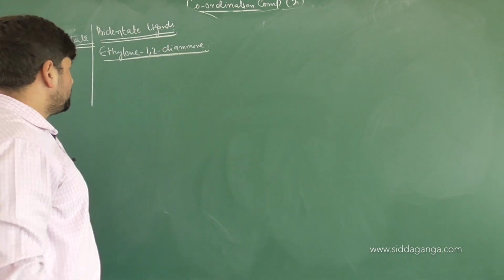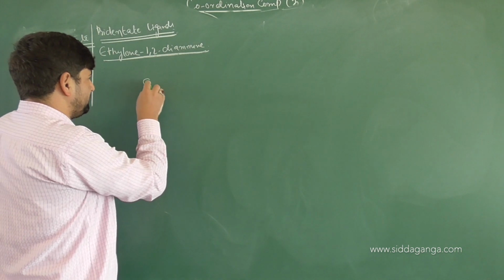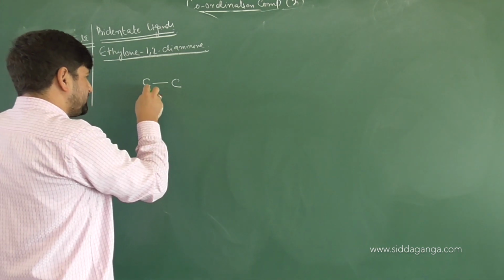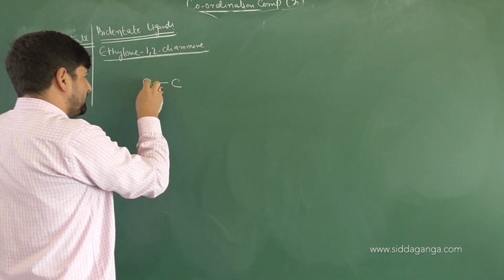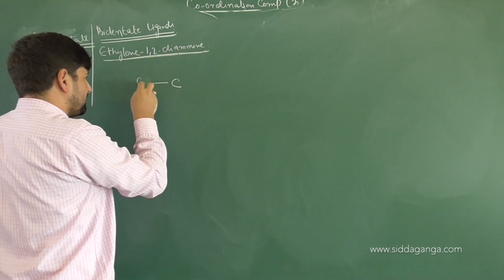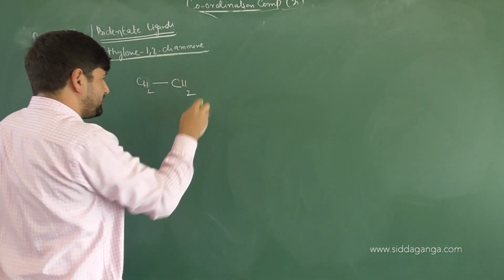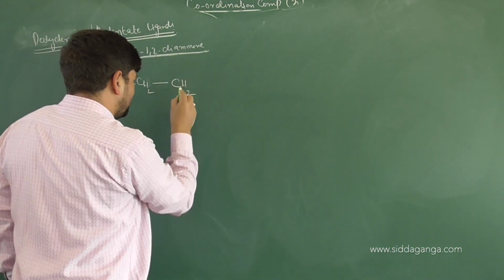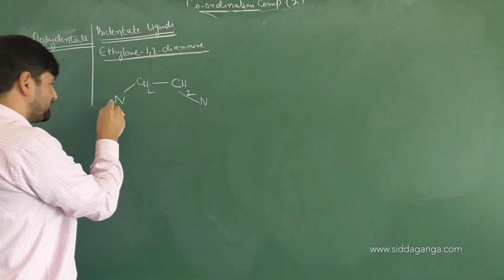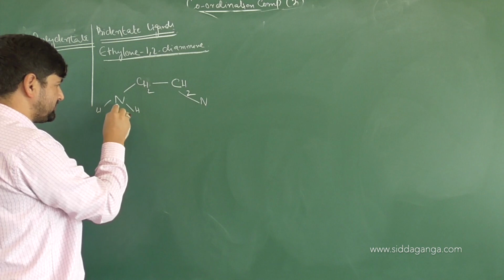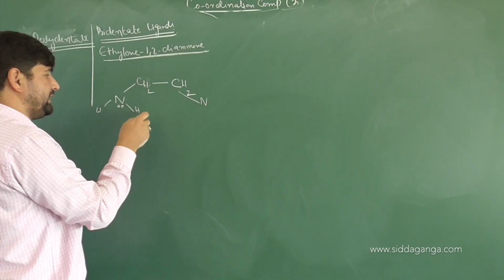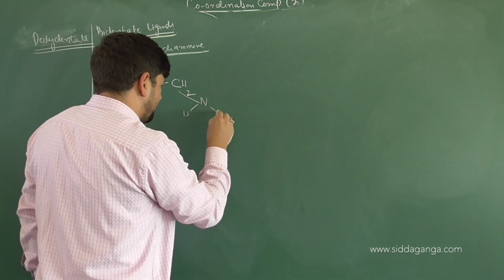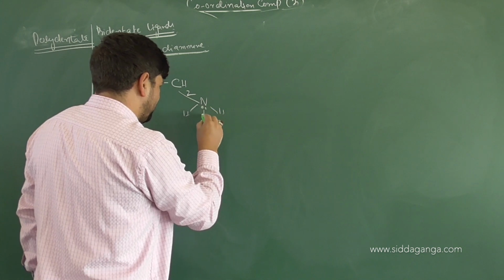It's an ethylene group. So if you draw the structure of this, it will be carbon. So these are 2 carbon atoms. Then this is to be balanced by hydrogen, so I'll mention 2 hydrogens here. So CH2. Still one valence is left out, so that will be nitrogen. And then here again we'll have 1 nitrogen attached. This nitrogen is attached to 2 hydrogens. And then there is a lone pair of electrons, because nitrogen has 5 valence electrons, 1, 2, 3, 4, 5. So this will be the lone pair of electrons. Similarly, there will be 2 hydrogens with this amine group, and then there is a lone pair of electrons which can be donated.